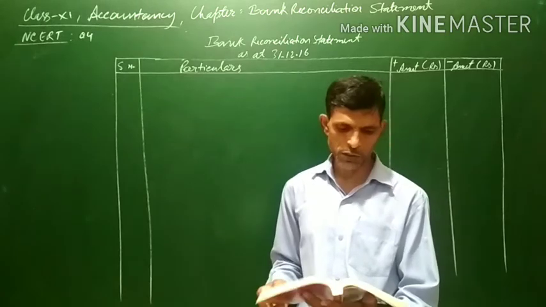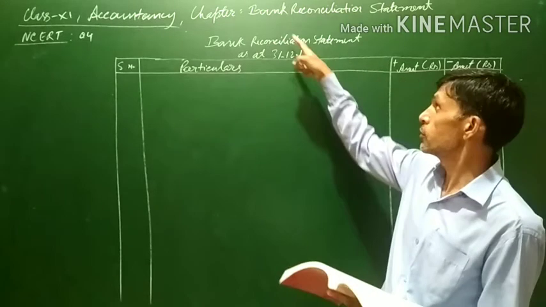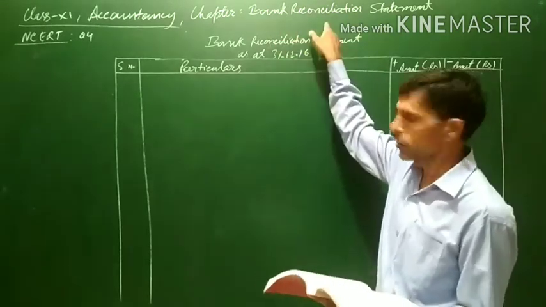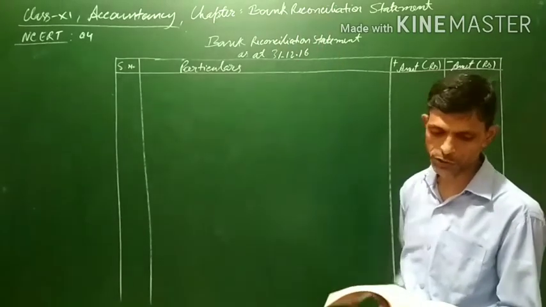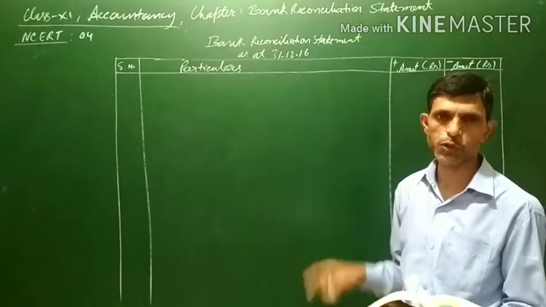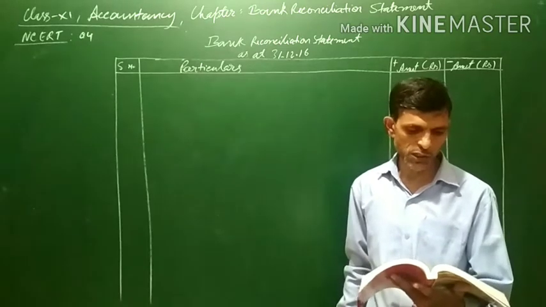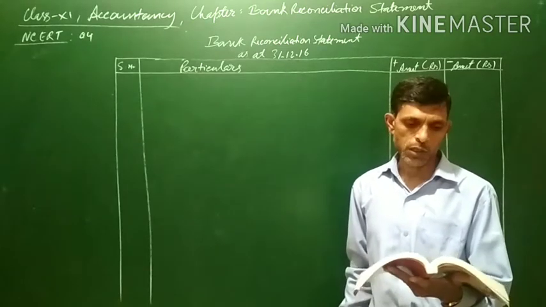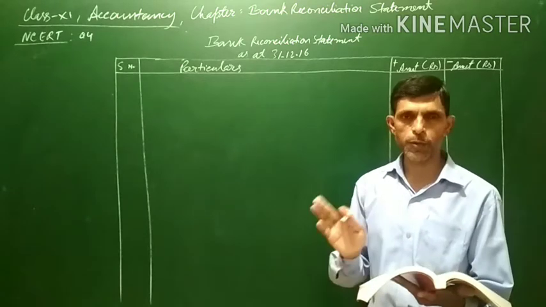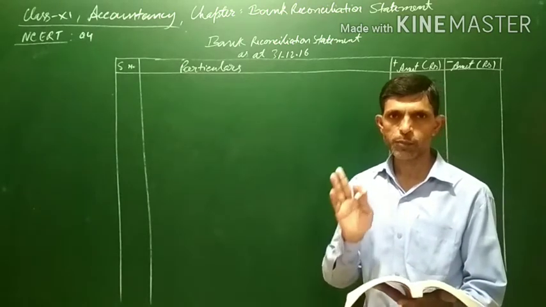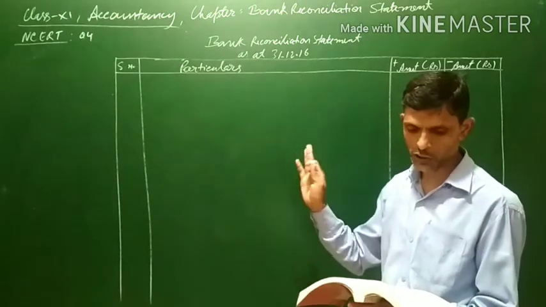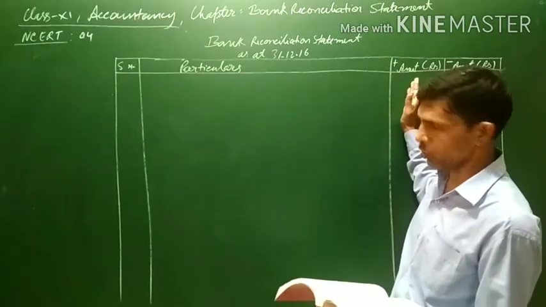Let us see what the transactions are in the books of Atul. You can also write that at the top: in the books of Atul, Bank Reconciliation Statement, dated 31st December 2016. First of all, the balance of the cash book is given as 40,000. If nothing is mentioned, we assume the balance is positive, so the balance of 40,000 will be written in the plus column.